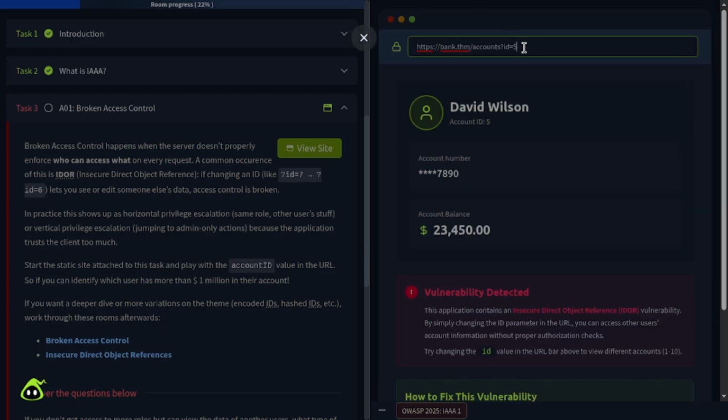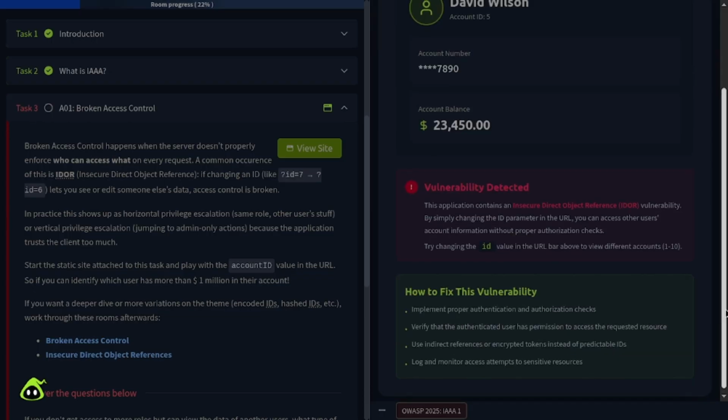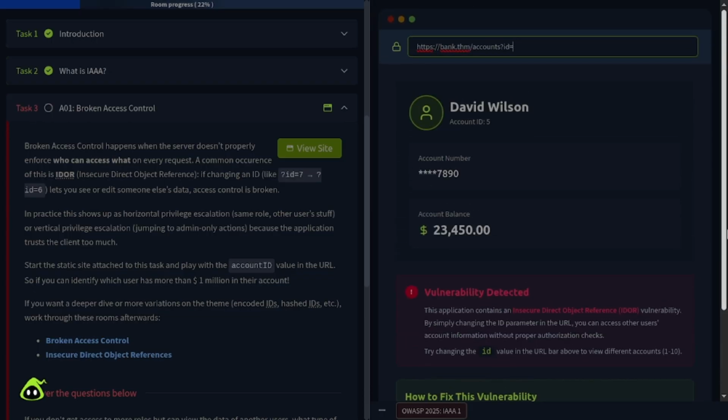And there is an ID parameter. I can see we have been given the value 5 of the user David Wilson, and if we could change this value, then it confirms that it's an IDOR. So let's change it to the value 4, and let's see how it behaves and if it is really a vulnerability or not. Broken access control would be proved if we just give it the value 4, and yes, we can view Emily Davis with the account balance of $5,432, and